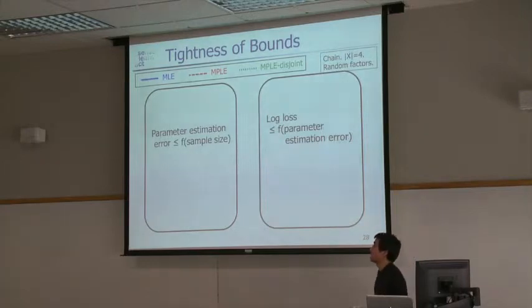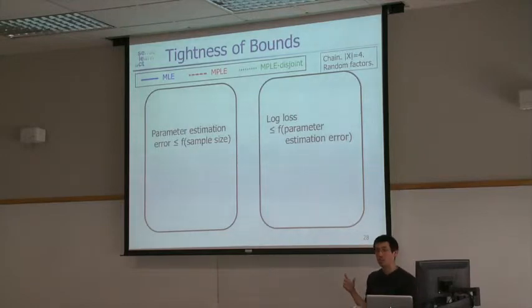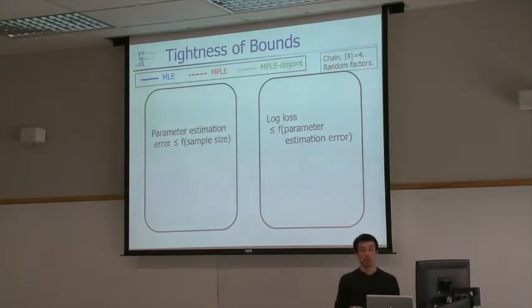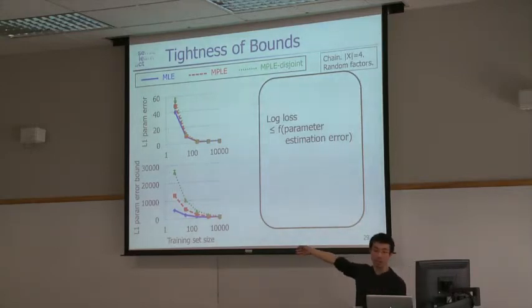So first, looking at the tightness of the bounds. This is on a small chain with random factors. On the left, we'll look at this bound showing that the parameter estimation error will be upper bounded by some function of the number of training samples you have. And on the right, we'll look at this bound saying that the log loss can be upper bounded by your parameter estimation error. So first on the left, on the x-axis, we have the number of training samples. And on the top graph, you can see that the true,